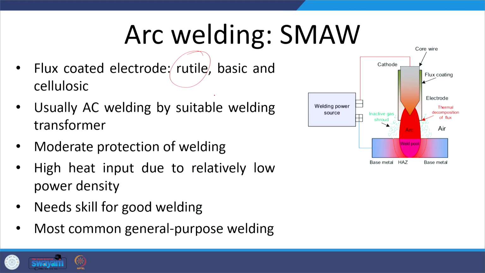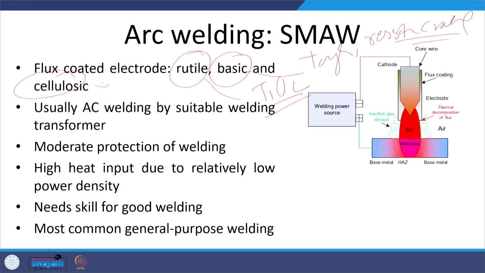The rutile electrode is one of the most commonly used electrodes. It is basically a titanium based electrode. The basic electrode is used when we want good toughness and resistance to cracking. And the cellulosic electrode results in a very high content of oxygen, nitrogen and hydrogen in the weld metal, so it is used for casual welding applications. Usually SMAW uses AC welding, performed using a welding transformer. This is a very cost effective welding power source, and it does not cost much for normal welding